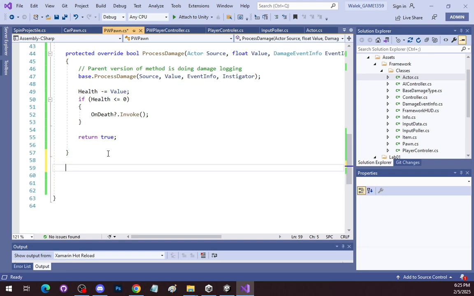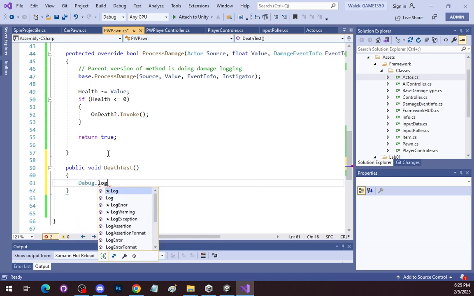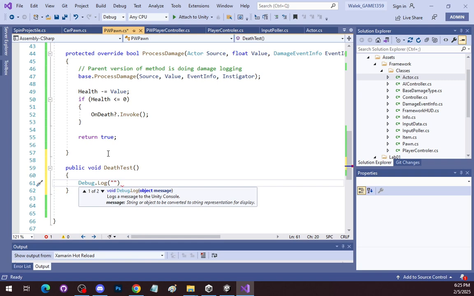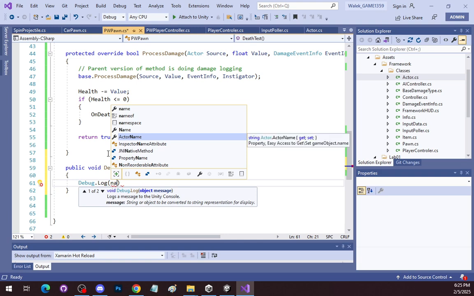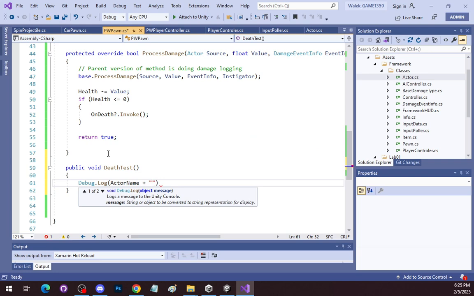I am just going to do a basic public function, public void death test, and then I'll do a debug.log. There's the actor. We'll use the actor name plus